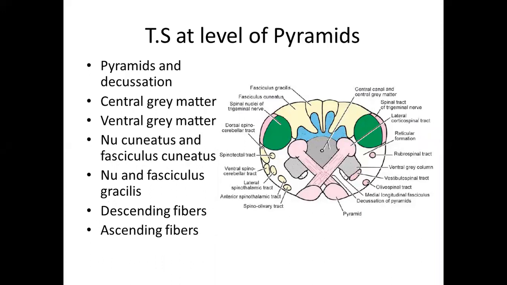A transverse section at the level of the pyramids. Over here you can see these swellings, which are the pyramids. They are produced by the assembling of the corticospinal tracts, which will produce a bulging. They are known as pyramids. From here, the fibers proceed dorsally and laterally, so dorsolaterally. Because of this decussation of the pyramidal fibers, they will divide the gray column into a ventral column and a central gray column.